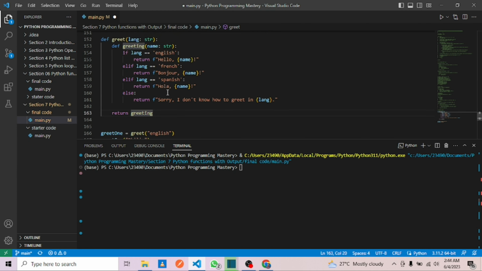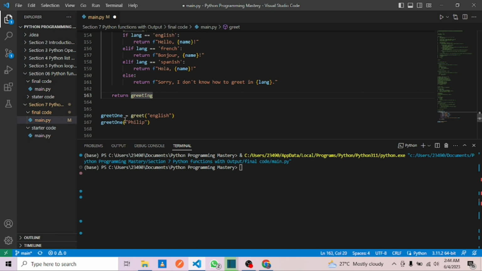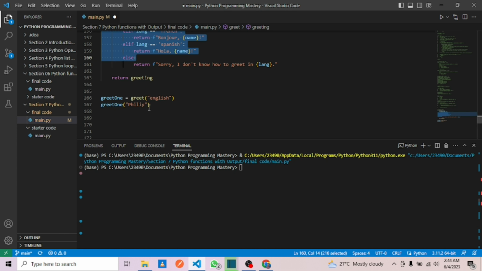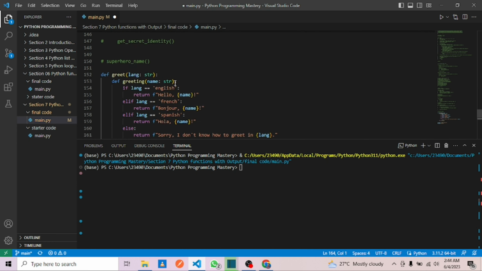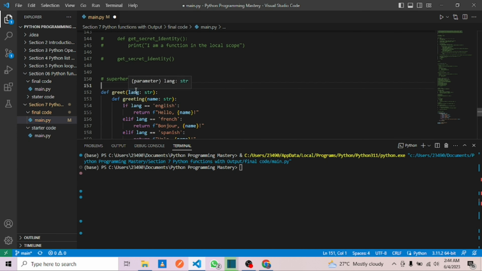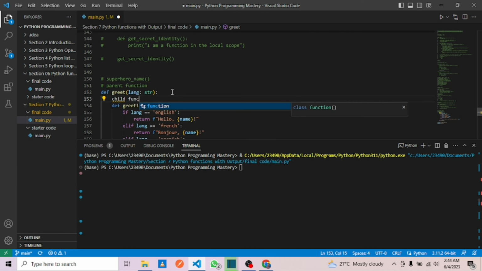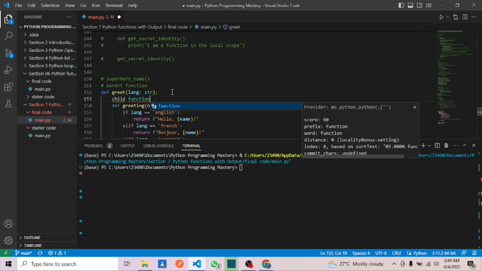So now this greeting function would get executed, and when we look at the function body, we see that it compares this language that it has gotten from the parent. We can call this greeting function the